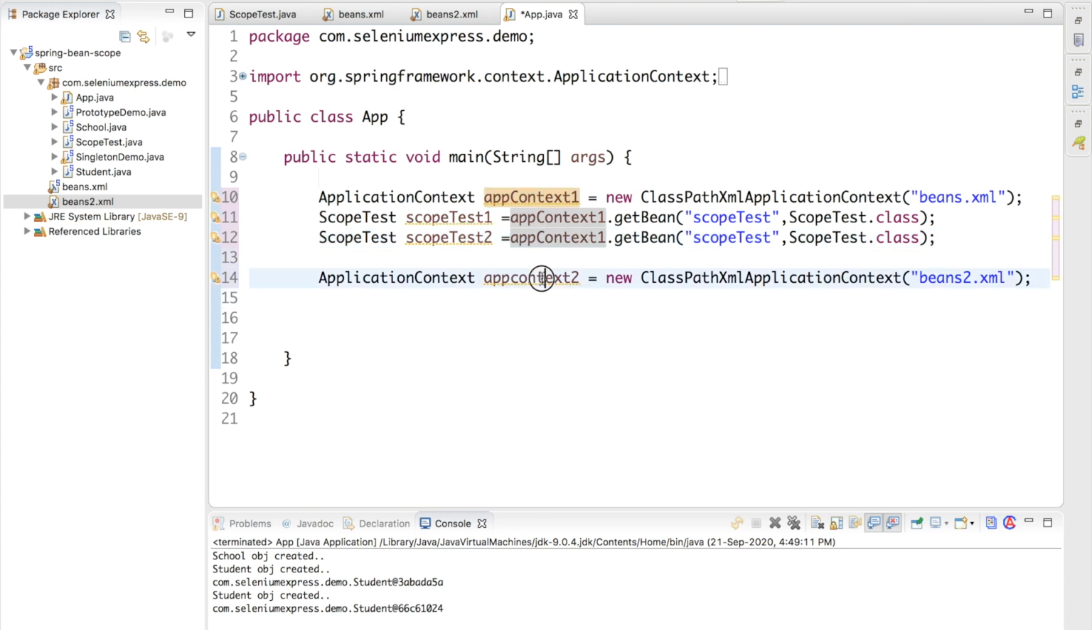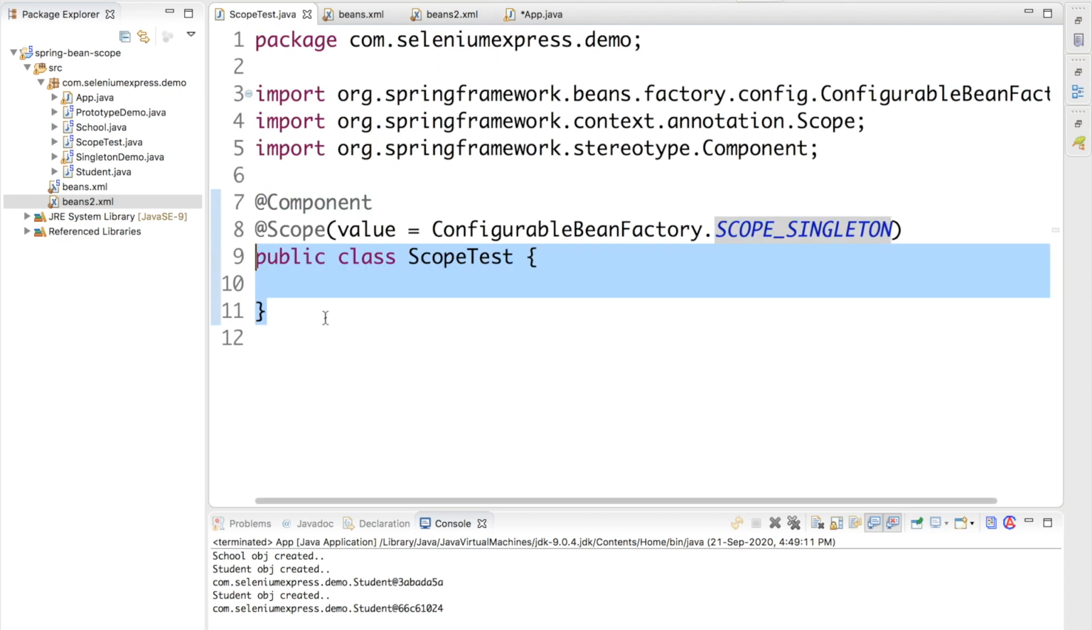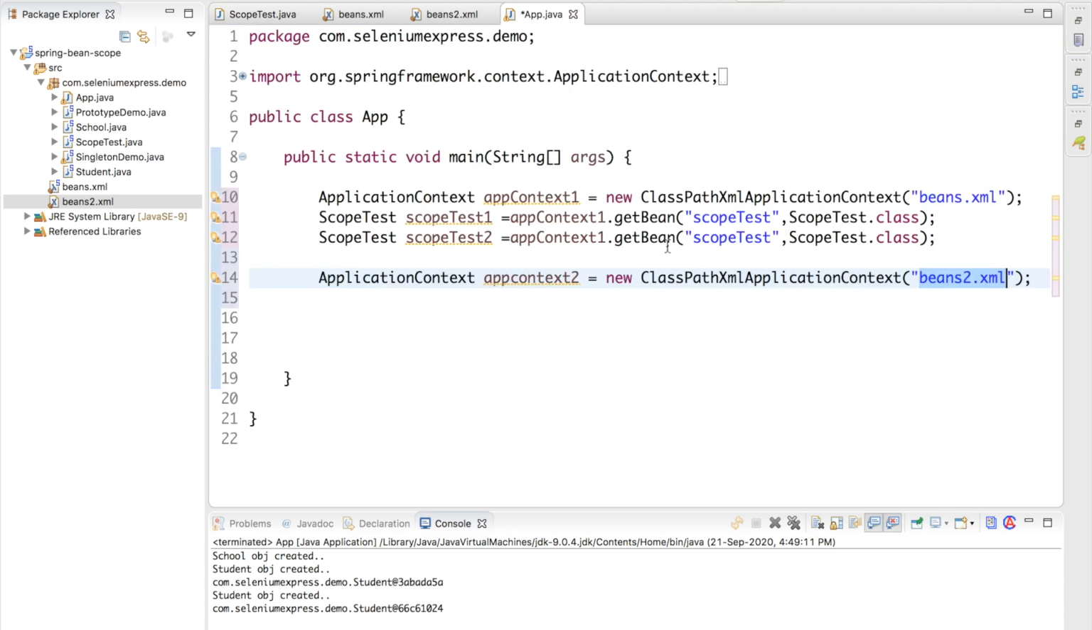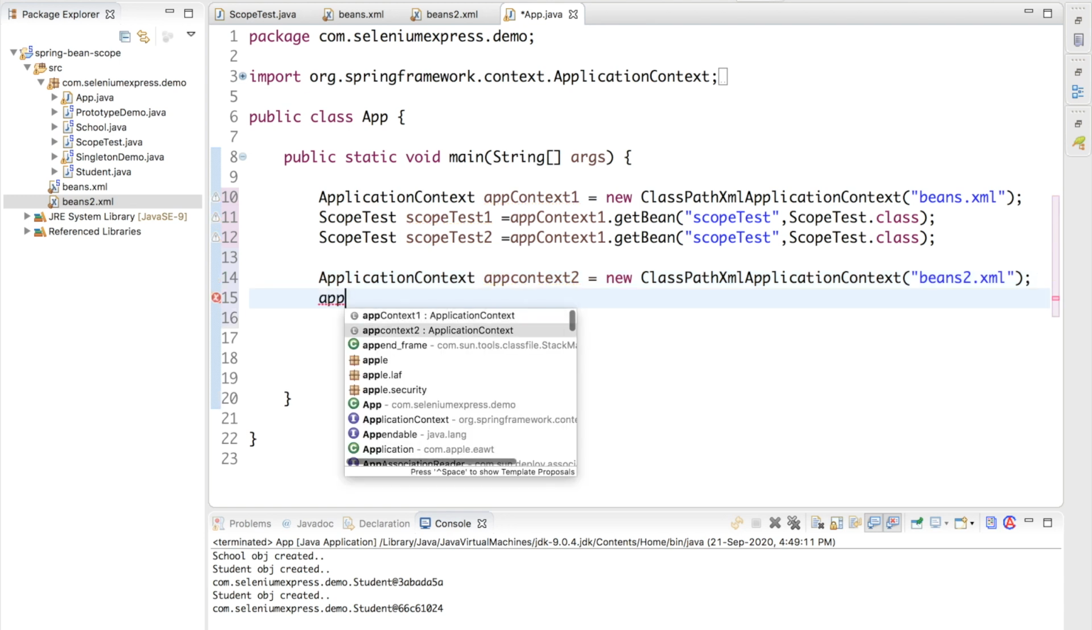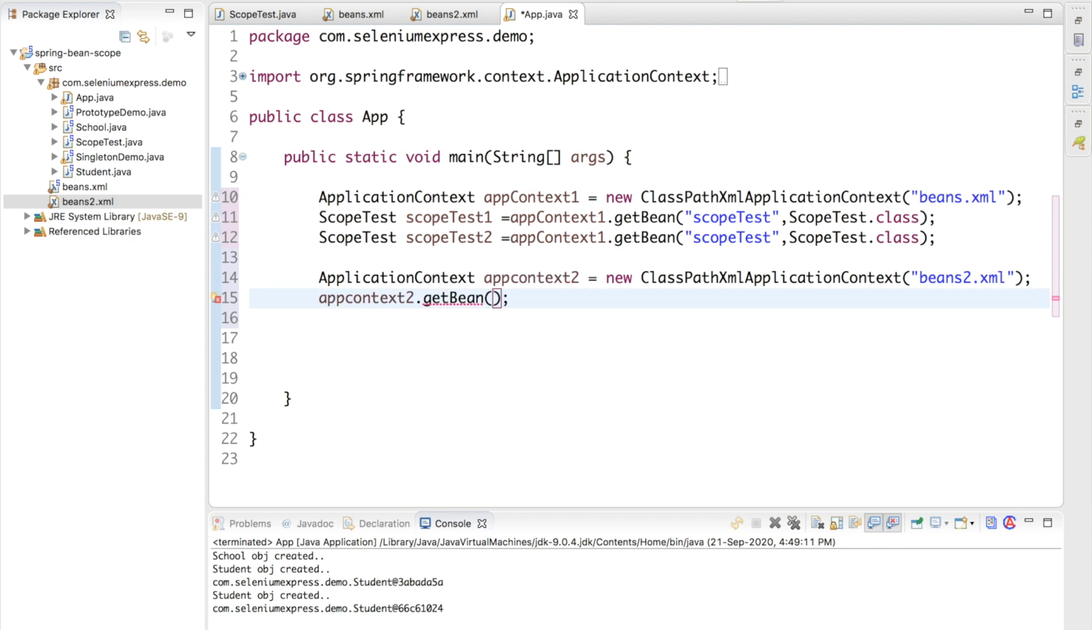Okay, so right now we have an app context 2. This application context is again going to be scanning the beans2.xml. Inside the beans2.xml, again it is going to scan the demo package. Inside our demo package, obviously the scope test is present and it has a scope of singleton. So the question is, if I do getBean using the app context 2 reference, and say give me the scope test object,